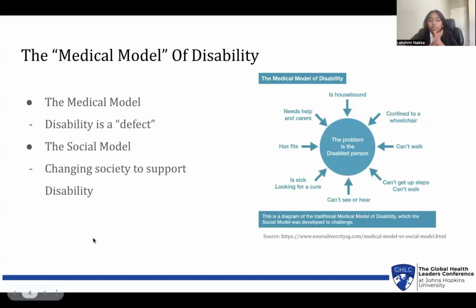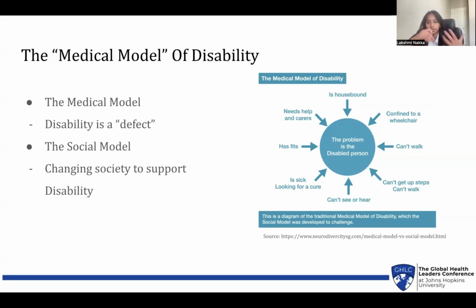Now I'm going to be talking about something called the medical model of disability. In the medical field, there is a certain way to look at and treat disabilities, and it is called the medical model of disability. This is basically an instruction to physicians to look at disabilities as something negative and to focus only on curing the disability. The implementation of this model has caused healthcare professionals to define someone only by their disability and to ignore other factors of their life, which causes a lot of problems in healthcare.